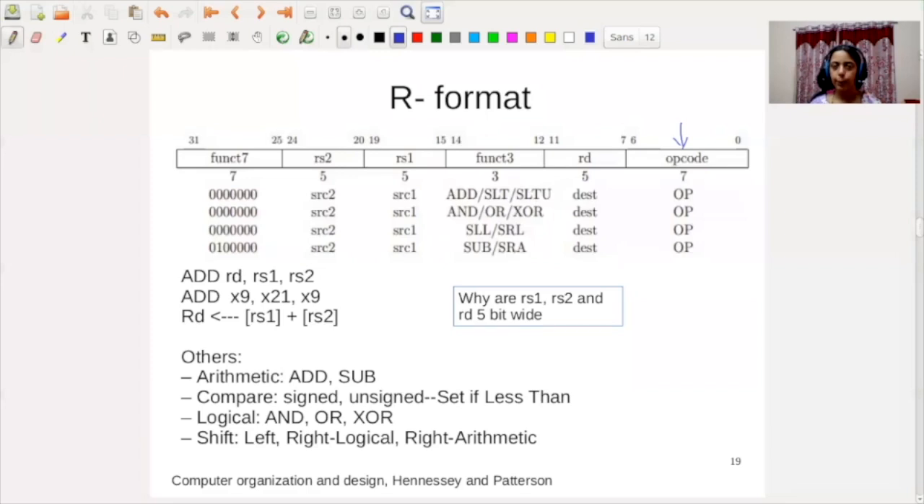This is a 5-bit field. Then you have what is called a function 3 field. Then you have the two source registers, RS1 and RS2. Then you have another function field. Now, if you have, for example, an add instruction such as this,